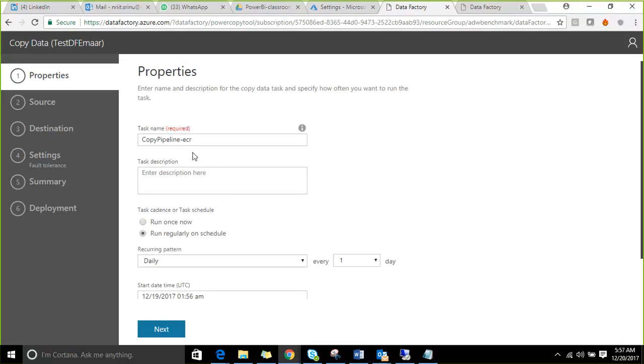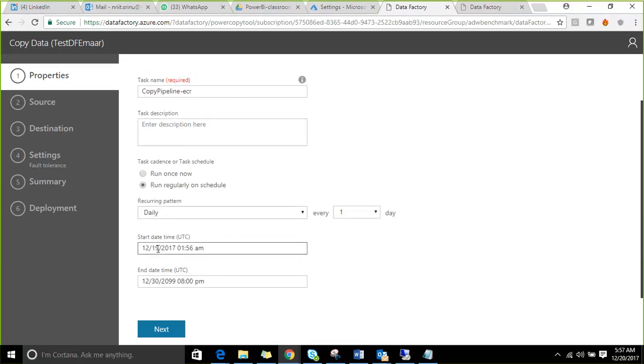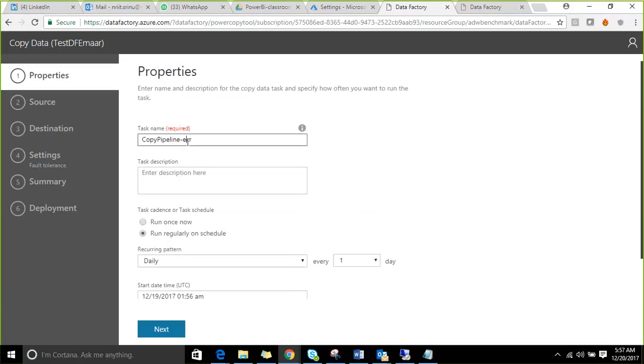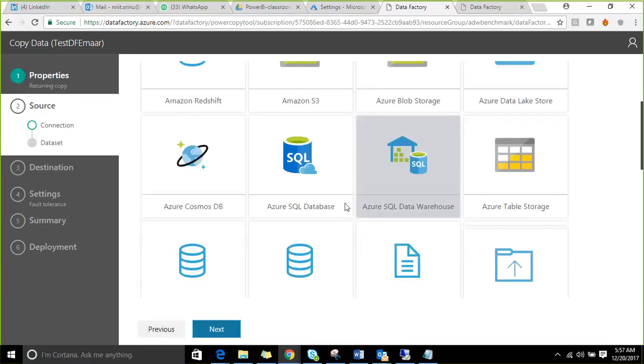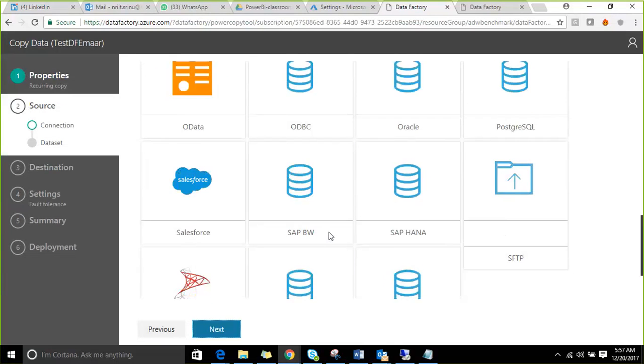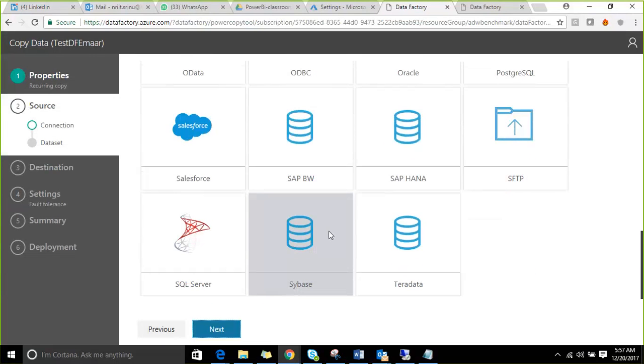Now if you want to schedule it, or if you want to give your own name, you can give the name there, and you can schedule it. You can provide from when to when you want to schedule. Once you are done, click on next. Here you need to specify what is your source. So these are all the sources which data factory is supporting: